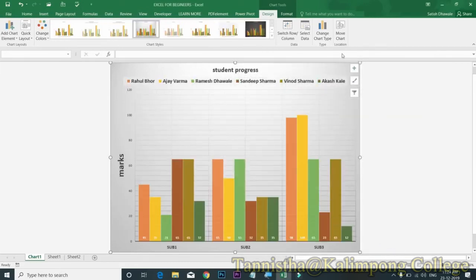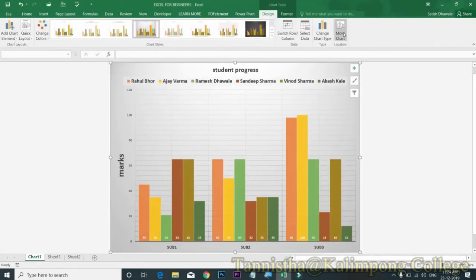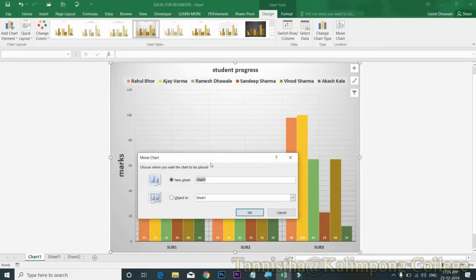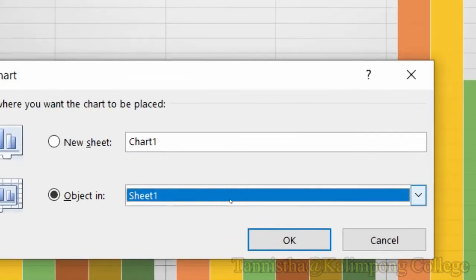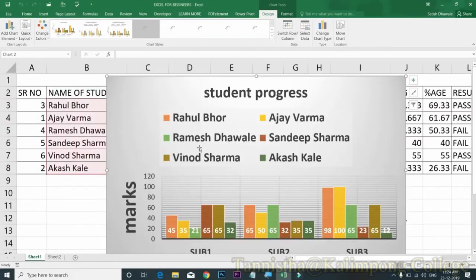Our last option is Move Chart. Now I want to move this ready chart in sheet 1. Simply click on Move Chart, then type the location where you want to move this chart in Object in option, that is sheet 1. So finally you are getting this chart in sheet 1.